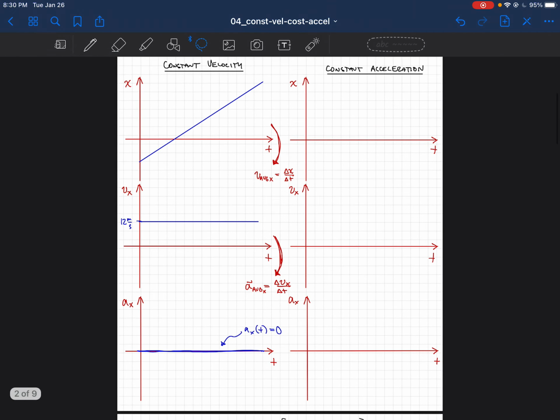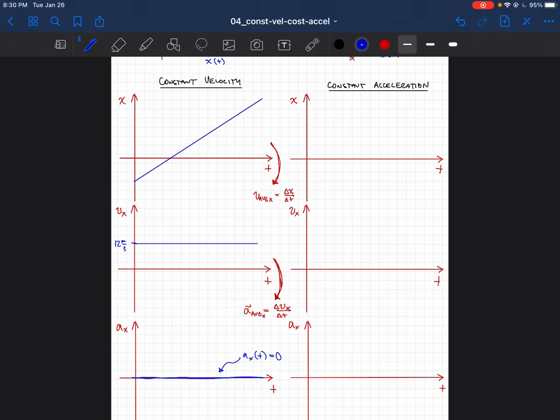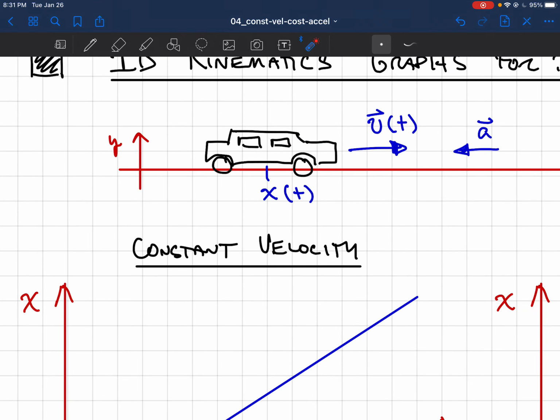So these are the graphs for constant velocity motion. Now let's look at constant acceleration. We need to start with the literal statement, which is that the acceleration is constant. Why don't we try the case that's drawn up here, where the acceleration is pointing backwards on an x-axis that points to the right. So if you were to find the component of this vector, the ax value, I guess we can do it. So let's take the a vector and place it